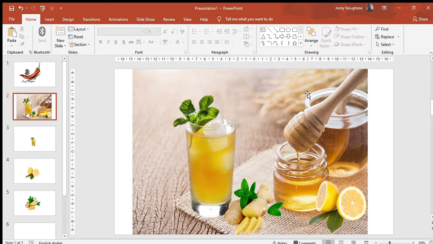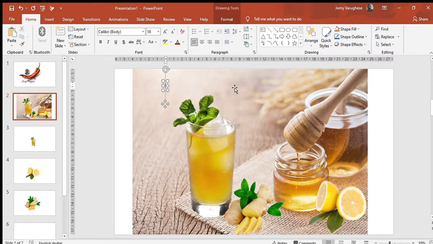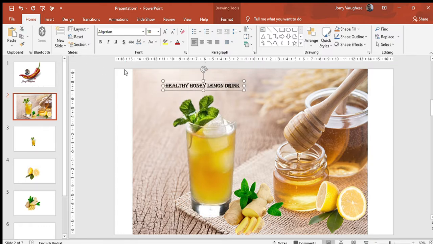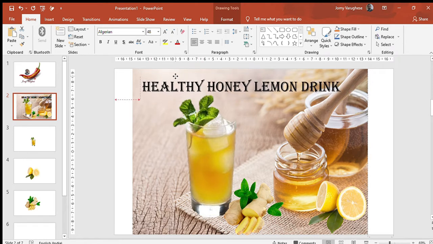It's looking pretty good. Now we want to give a name to it. Title. Go to Insert, select Text Box. Click here. Now write GA healthy honey lemon drink. Now select font and font size. 48 I selected, and